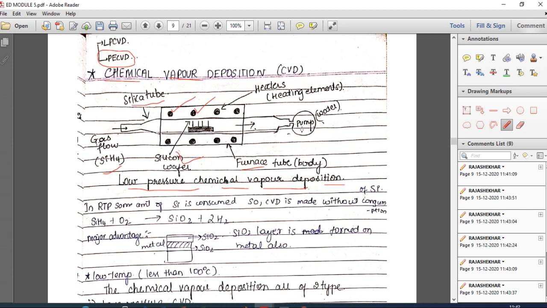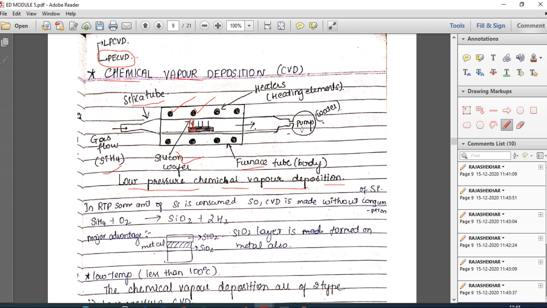So when the gas flows into the silica tube, which we call a silica tube, it will react with the oxygen present in this silica tube. Once it reacts with the oxygen, it forms a silicon dioxide layer on the surface of the wafer. So this is one wafer here. On the surface of this wafer, at this side, it will form a silicon dioxide layer.